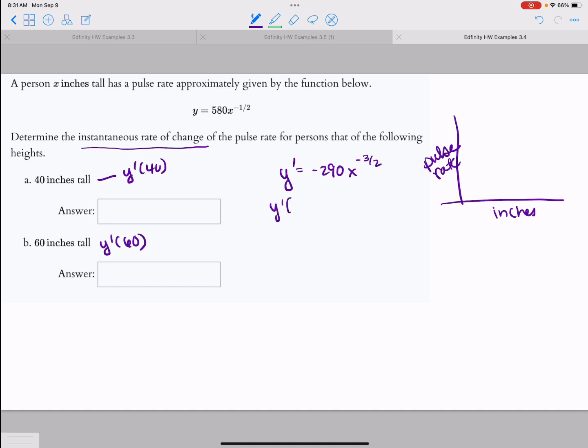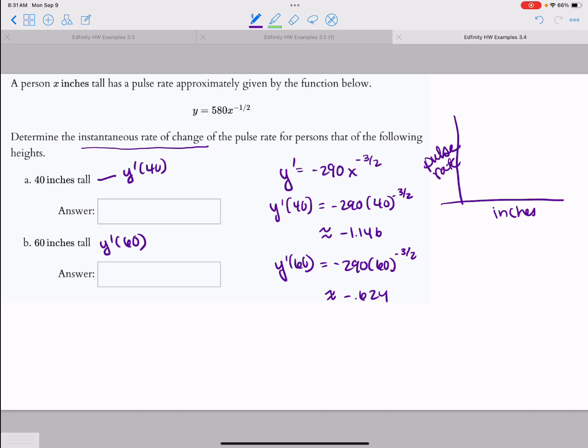So y prime at 40 is negative 290 times 40 to the negative 3/2. And if you put it into your calculator, you get approximately negative 1.146. And plugging in 60, you get negative 290 times 60 to the negative 3/2, which is approximately negative